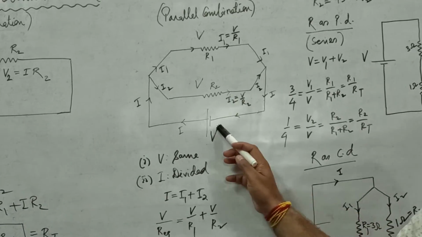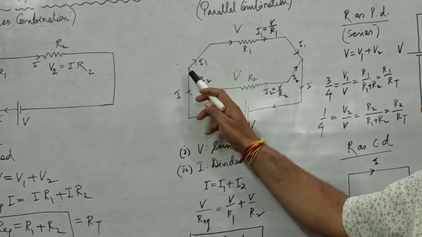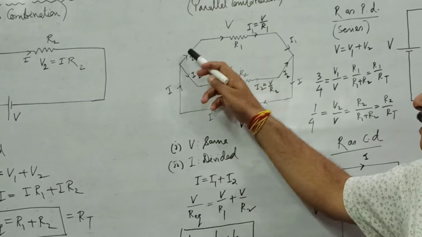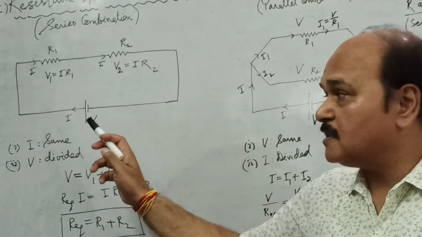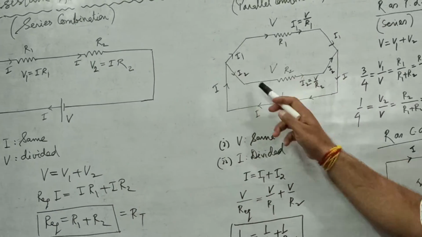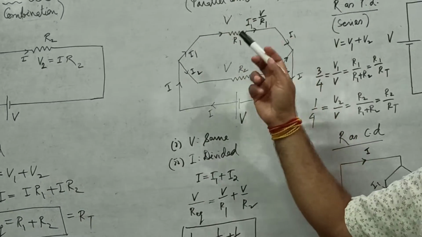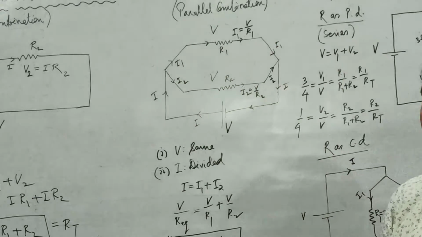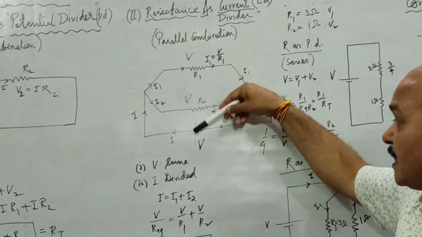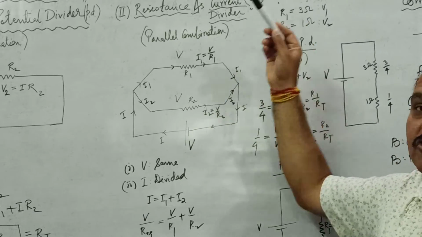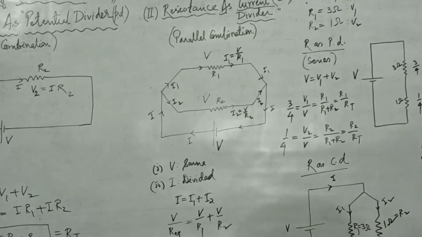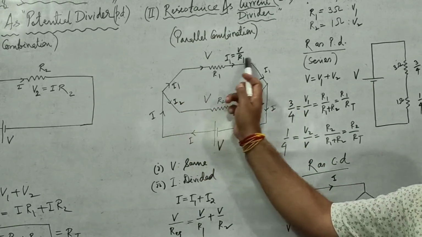If current I is drawn from the battery, this current I when it reaches here has two paths to move along. There was a single path in the last case, but here the current has two paths. If there are three resistances connected in parallel, the current will have three different paths to move along. So there are going to be as many paths for current to move along as many resistances are connected in parallel. Well, with two resistances, there are two paths the current can move along.